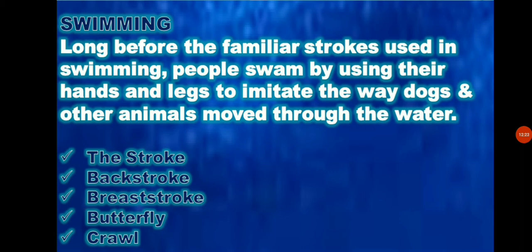There are some types in swimming. One is the stroke: backstroke, breaststroke, butterfly, and crawl. When we talk about the stroke, each swimming competition race has four strokes: freestyle, backstroke, breaststroke, and butterfly. In freestyle, the swimmer can choose any stroke but nearly always chooses the crawl because it is the